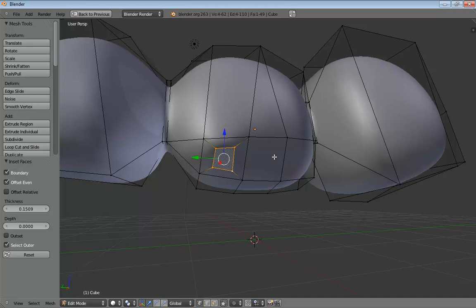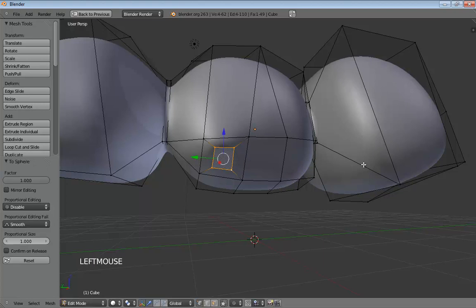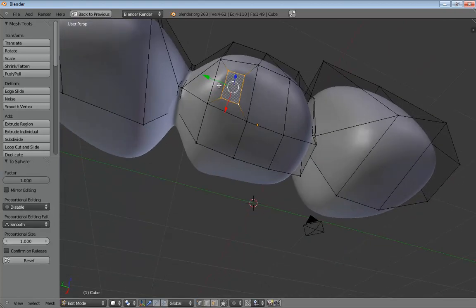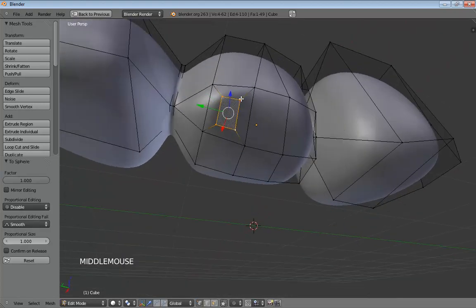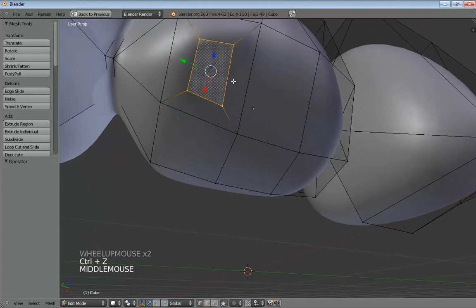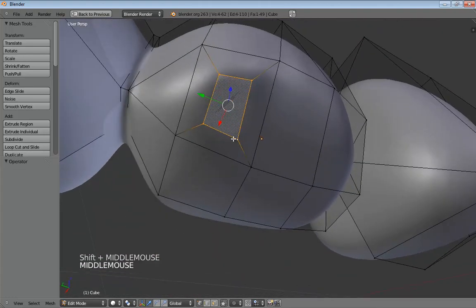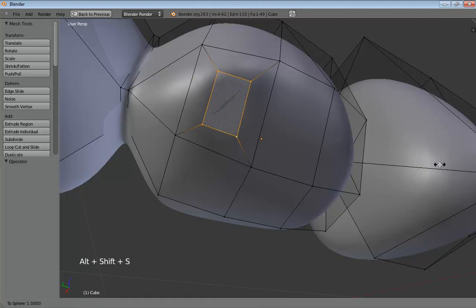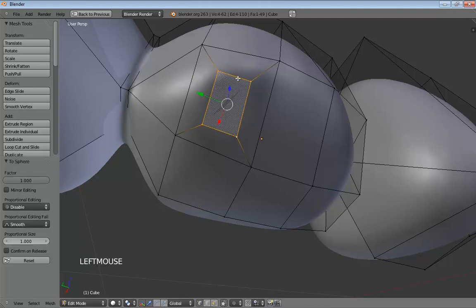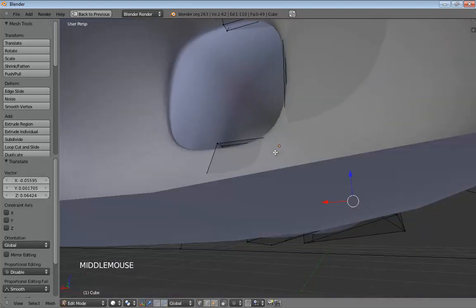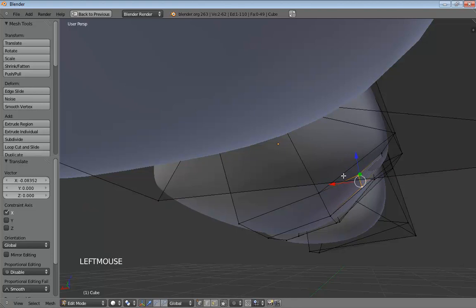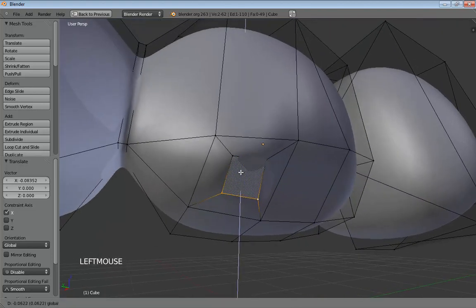But if we hit Alt+Shift+S, that's To Sphere, and what that'll do is you'll notice that made that into a much nicer shape. So it's not quite as oblong. So here's where it was before, this kind of oblong, this edge is longer than that edge kind of weirdness. But by condensing that over to a sphere with Alt+Shift+S, now it's a nice rectangle. I love that feature. And I can just pull these up a little bit. I could have done an edge slide probably right there, and that might have been a little more efficient, but